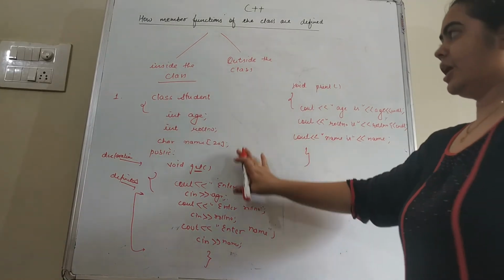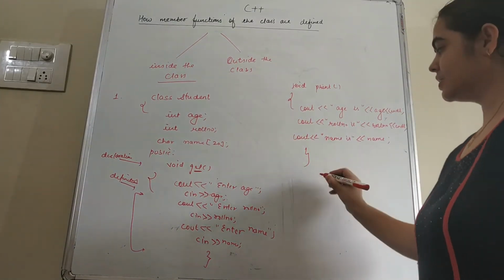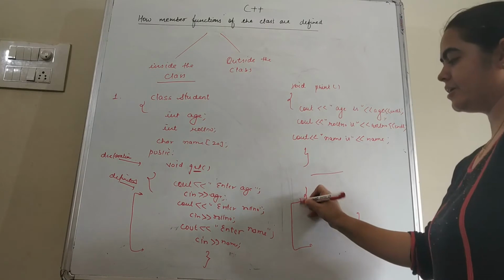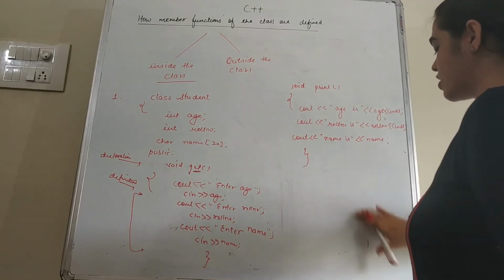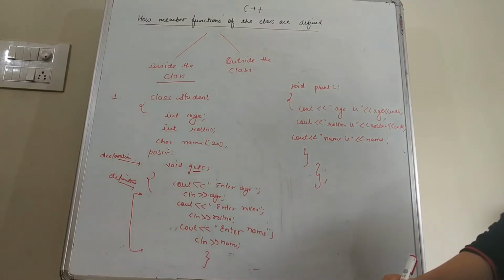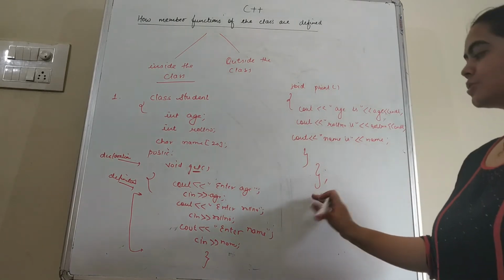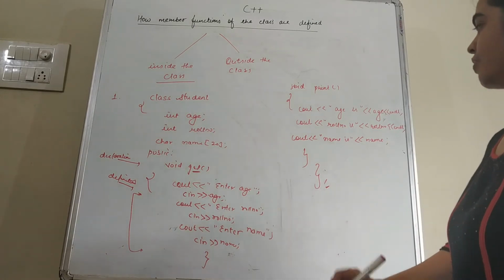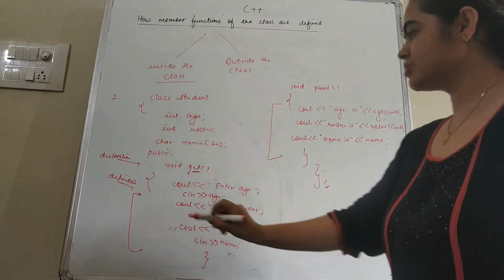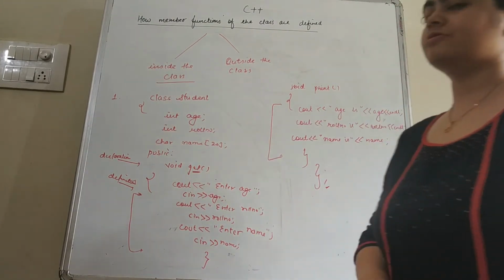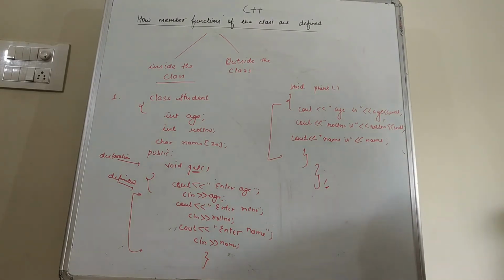So if we are going to define the functions inside the class, then we have to write the name of the function, and within brackets we have to define that function. So after defining these two functions, now we have to close the class. Why? Because we are defining or declaring these functions inside the class. So that means class closes here, and after closing the class with curly brackets, we have to put the semicolon. So these two brackets belong to the print function, these two brackets belong to the get function, and this bracket is the close of the class student. So this is how we can define the member functions inside the class.